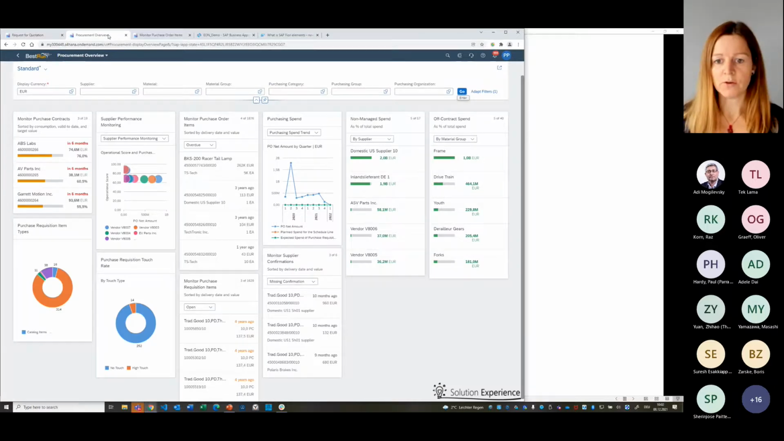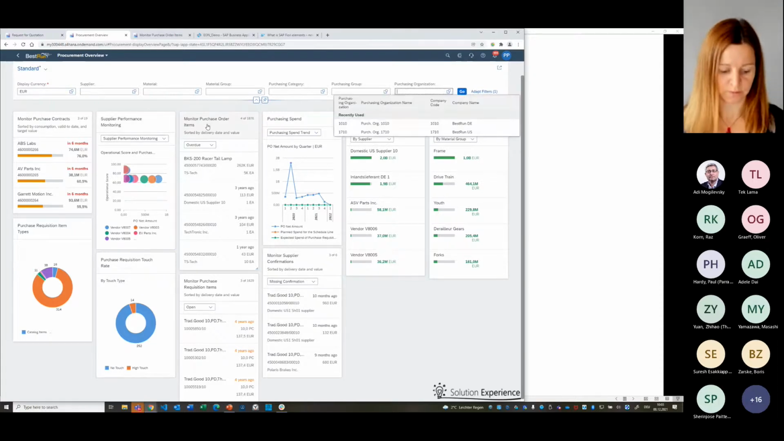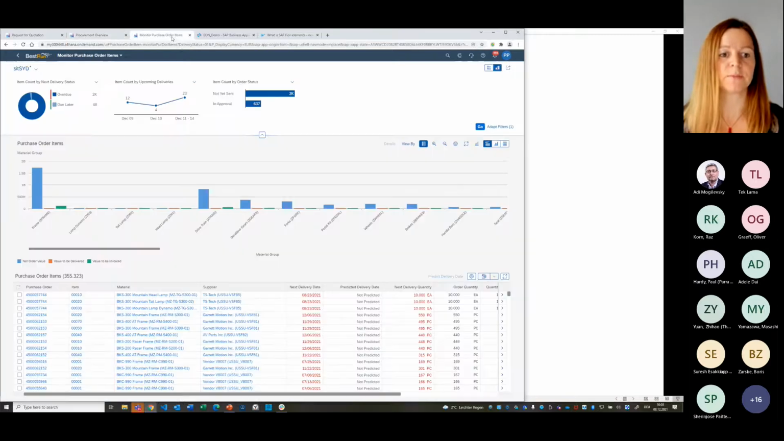The third floor plan that we offer is an overview page, obviously intended to provide a role-specific overview. It features cards like analytics cards, table cards, etc., and also a jumping off point into a business process by clicking here on the header of one of these. So for example, if I click here on monitor purchase order items, I open the fourth floor plan that I